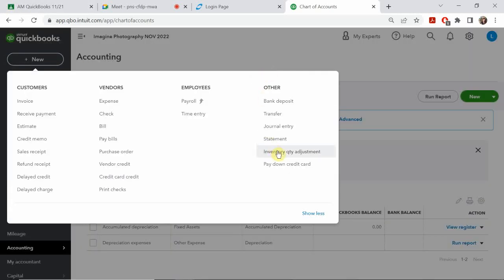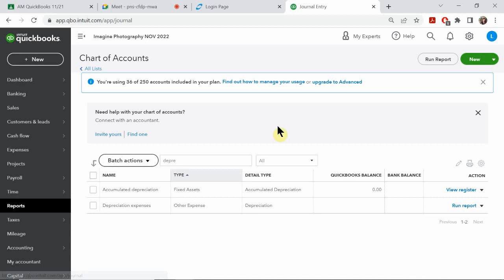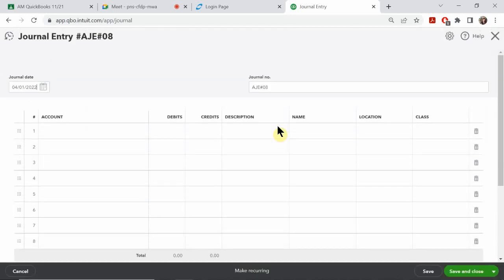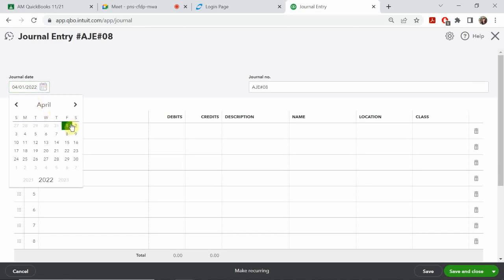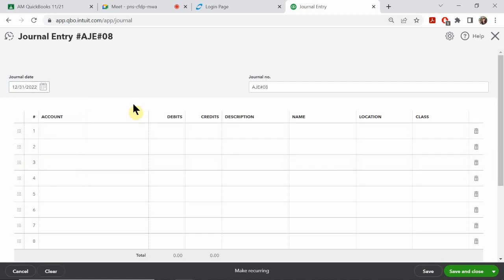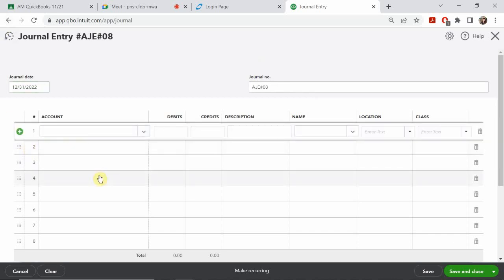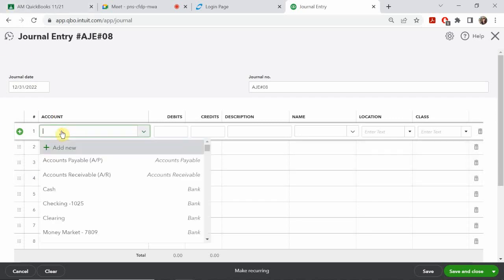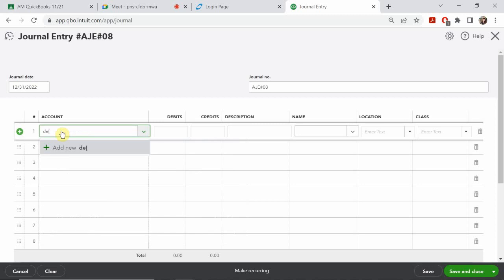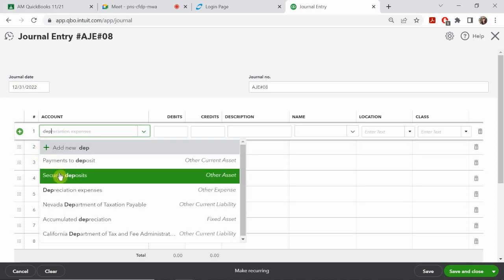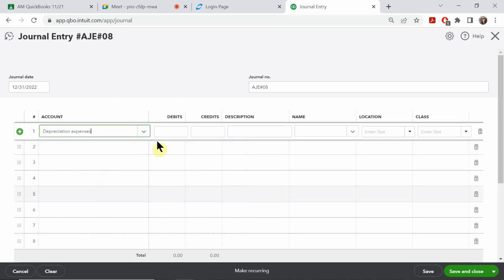So therefore, I can go ahead and create my general journal entry and enter in my journal entry. Again, December 31st, adjustment entry. Like we mentioned, we figured out what the math is with depreciation. So in this case, I'm going to have depreciation expense. Here's my first one, depreciation expense for